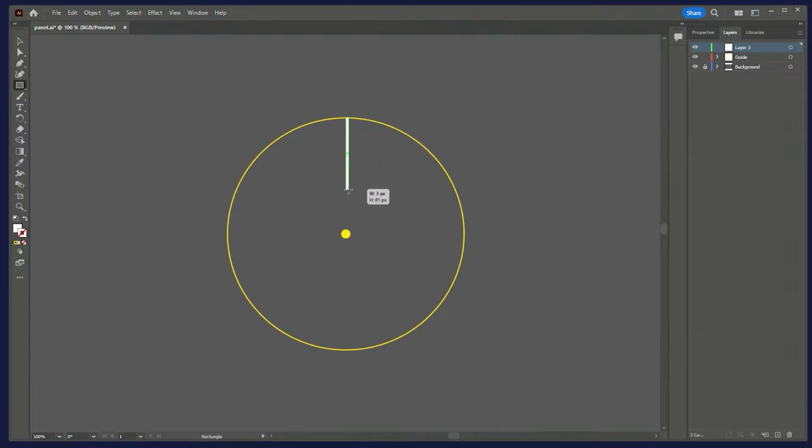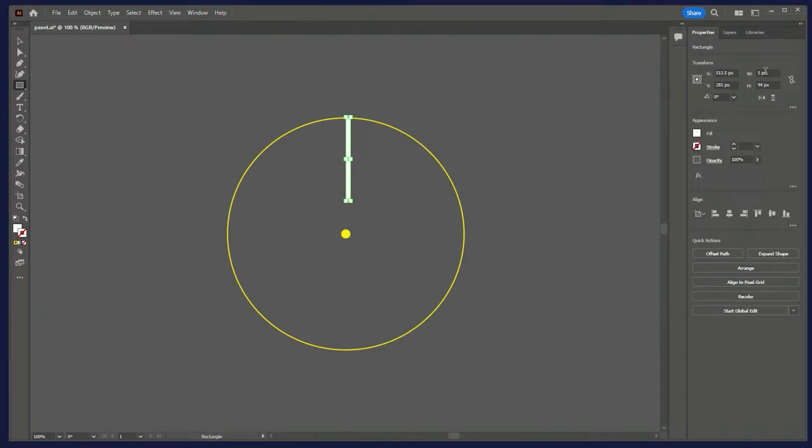Draw the knob scale. Draw a white, thin rectangle along the large circle.